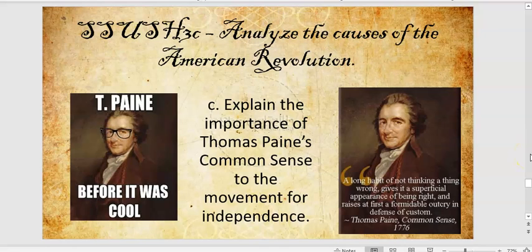Hey everybody, so we are going to cover the last part of Standard 3C. We're still analyzing the causes of the American Revolution, but we're going to look at one specific guy today. We're going to look at Thomas Paine, and Thomas Paine writes a little pamphlet called Common Sense that is going to play a huge role with the colonists in the movement for independence. So we are going to explain the importance of Thomas Paine's pamphlet, Common Sense, to the movement for independence in